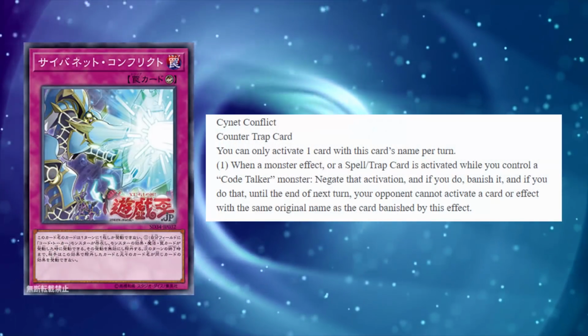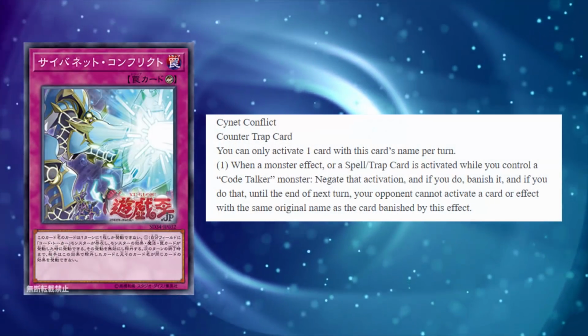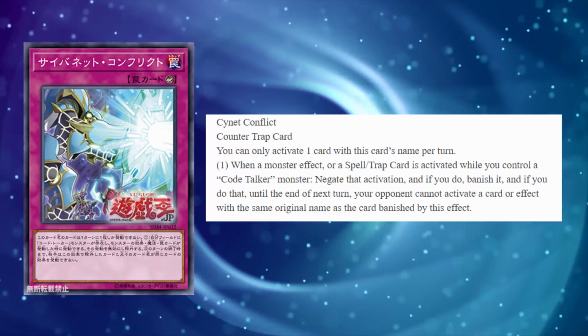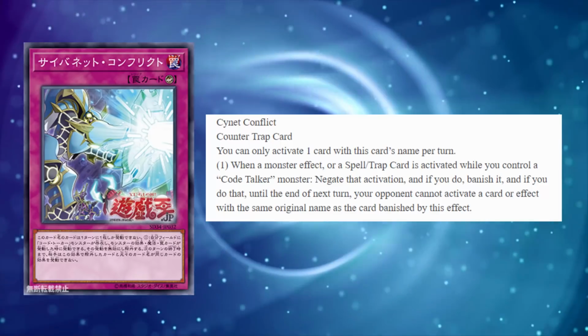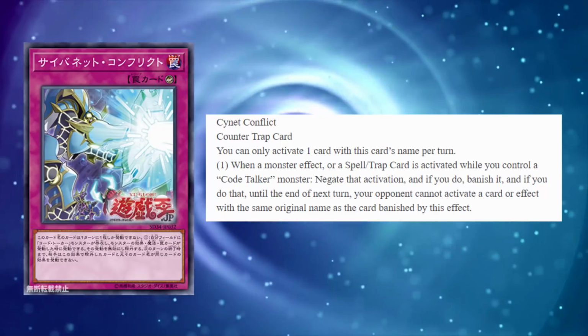Last card is actually a counter trap, which was kind of surprising to me. It's called Signet Conflict. Counter trap that is a hard once per turn. I think that that's unfortunate, the fact that they're giving a counter trap that's a hard once per turn, because